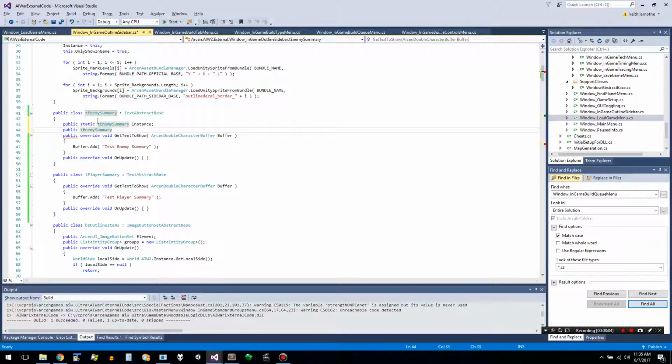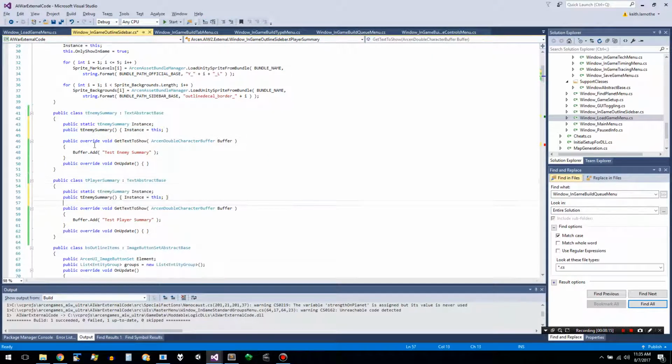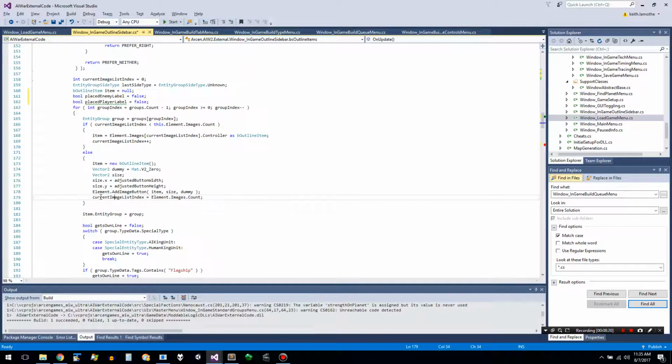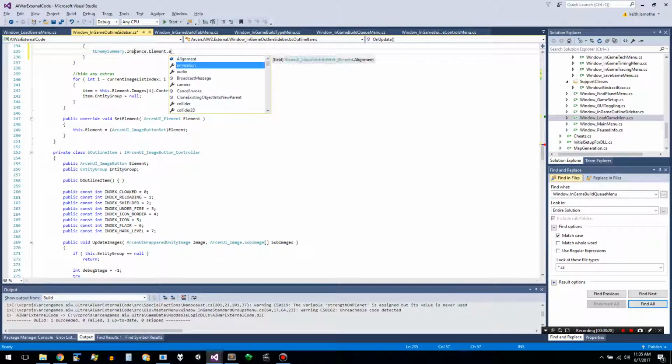We're referencing the label, and there's only going to be the one, so I can use the singleton pattern. So instance element alignment, Y element offset